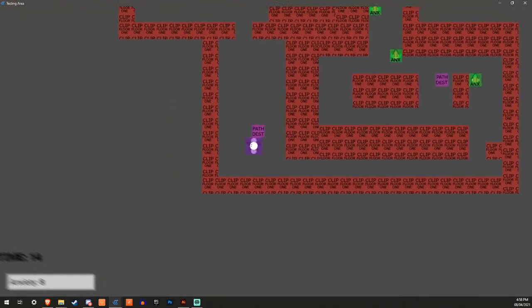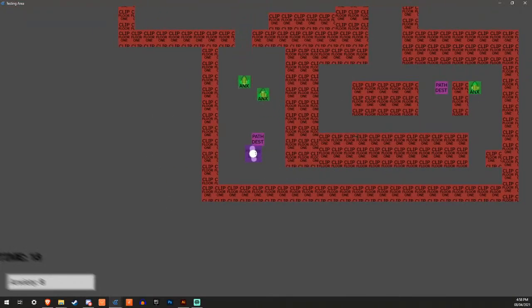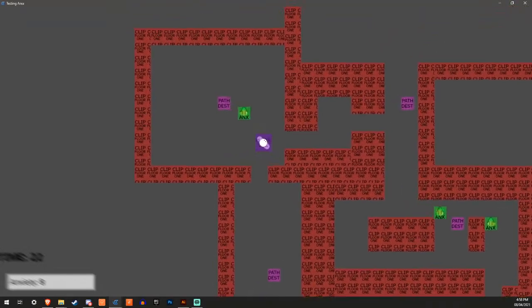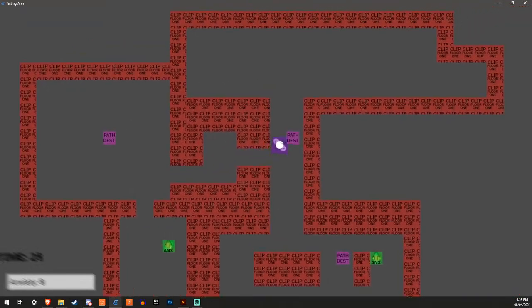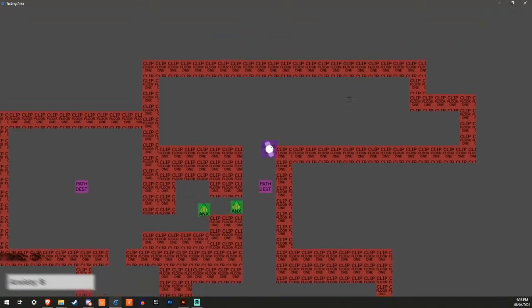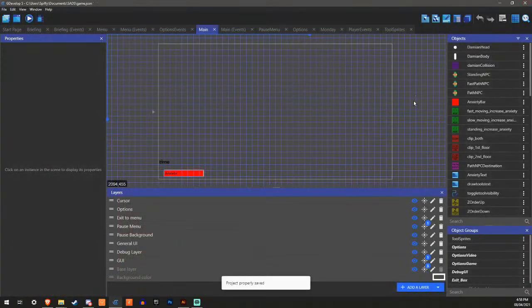It's just the layer where the player is moving on, because that doesn't seem to affect anything on any other layers. It's literally just that layer. So the base layer where everything is.